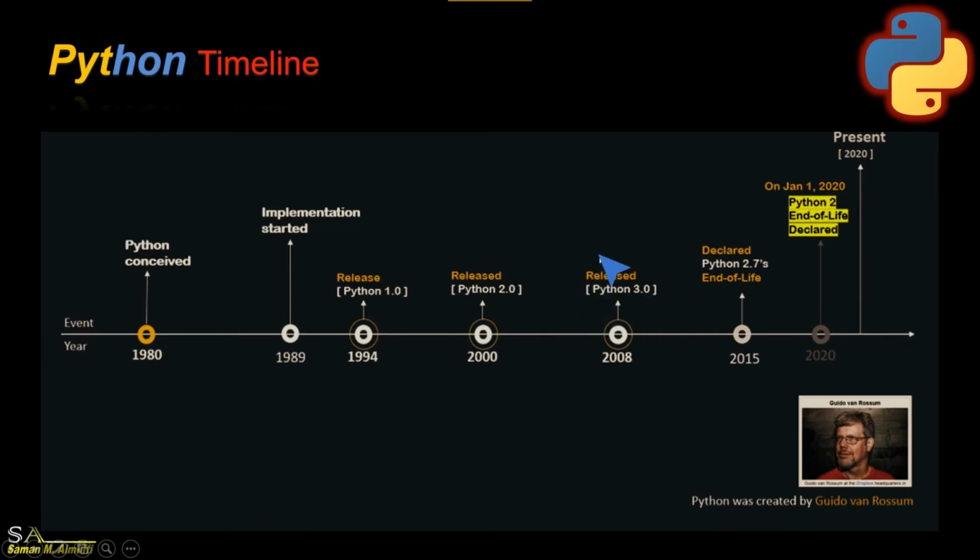The third version, Python 3.0, was released in 2008. In 2015, Python 2.7 was declared end of life. And in 2020, Python 2 was declared end of life.